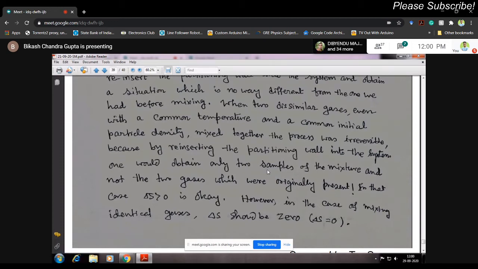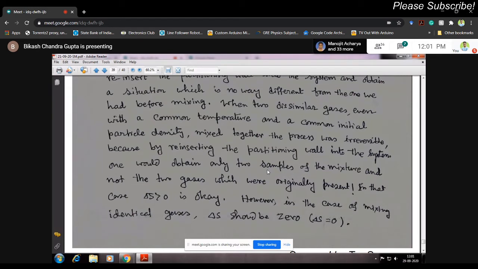Now in this case, when you are mixing two gases, in the initial case, m1 and m2: in the left container you have some mass of hydrogen, and in the right container you have the mass of oxygen, but in both cases number densities are the same, and temperature is maintained the same. Now these two chambers are separated by a wall, not a diffusive wall, and therefore they cannot cross the wall and cannot mix. So this is the initial state where in the left chamber you have hydrogen molecules, and in the right chamber you have oxygen molecules.